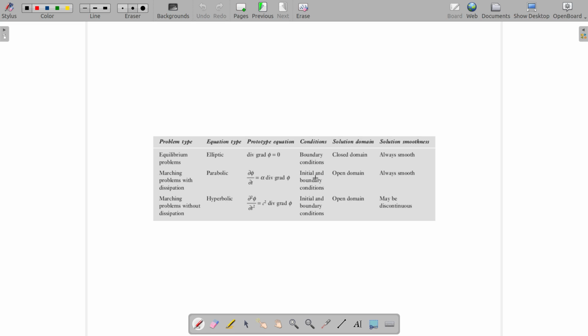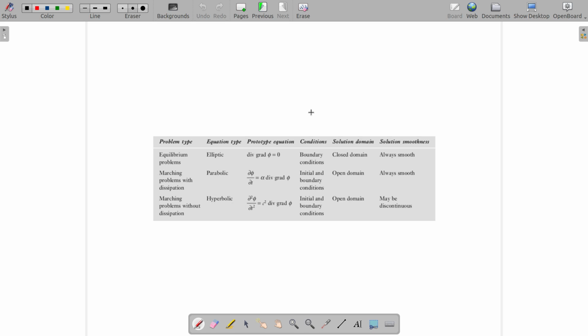The prototype equation is given, div grad phi. So what is div grad phi? It is del dot del phi. It requires boundary conditions. The solution domain is closed,